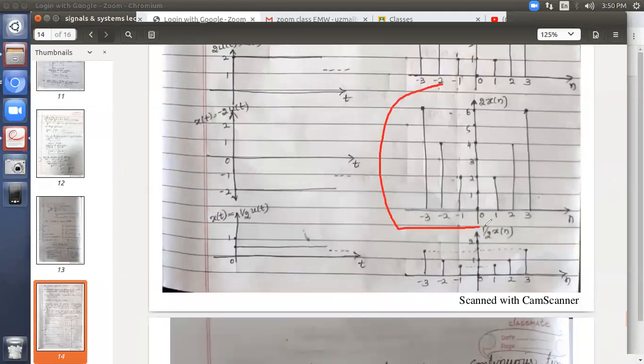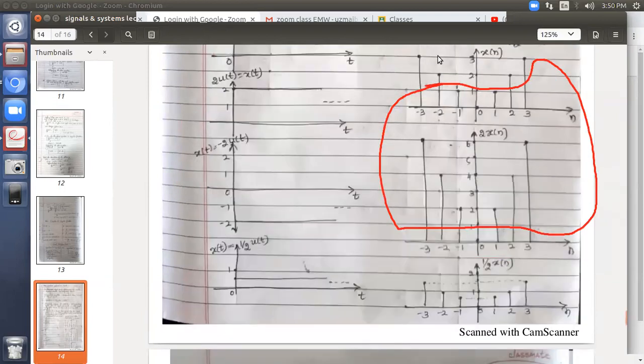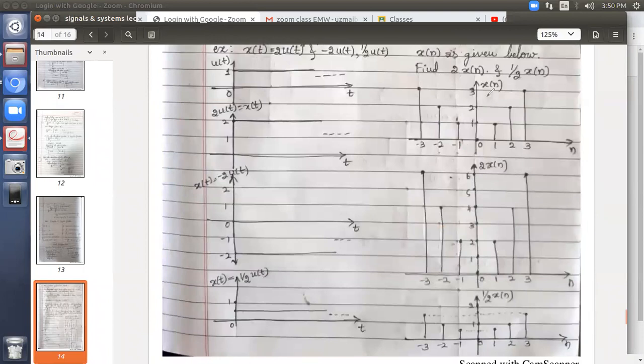Okay, I have done this. You can see. What is the amplitude of your signal x of n, originally given to you, at time 0? You don't have any amplitude because the point is exactly at the center only. So no amplitude at 0. If you multiply this 0 with the 2, you will get 0 only. So at 0, 0 only. Now, the amplitude at 1 is 1. So 1 multiplied by 2, you will get 2. So at time n equal to 1, you should get 2.